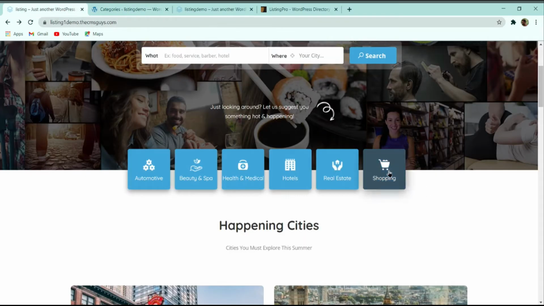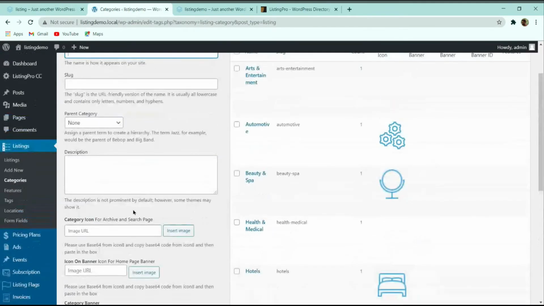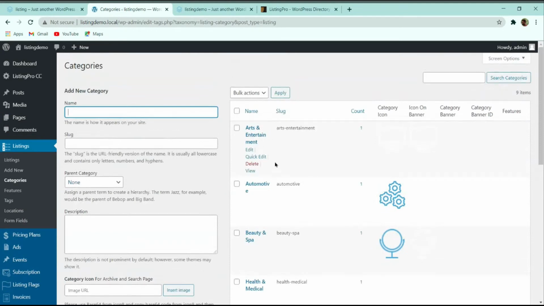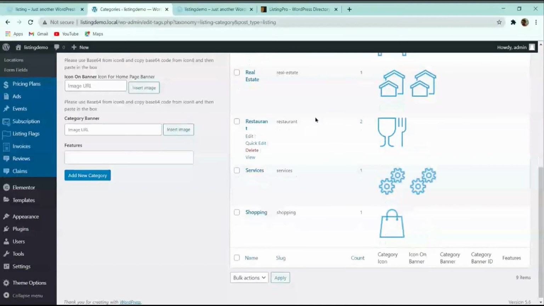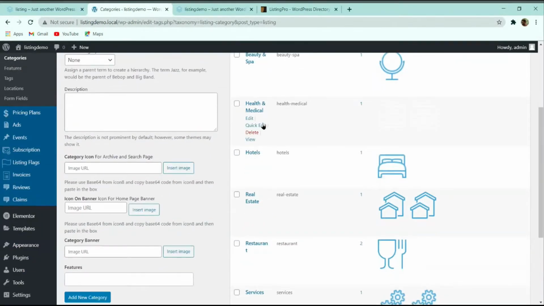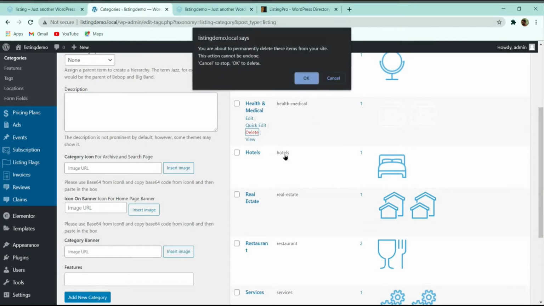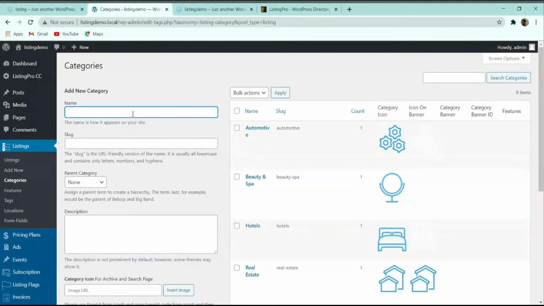So here you can see real estate, so I can add shopping over here. Let me delete this one. I can delete this health and medical also. And now I will show you how we can add this. So first of all here I will type health and medical,